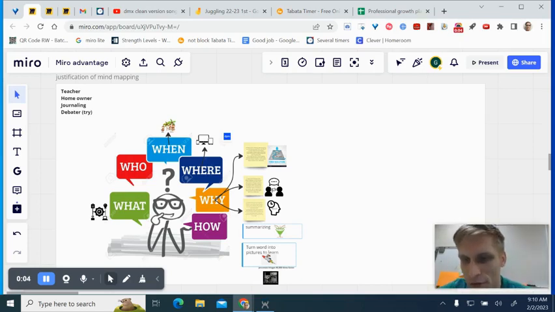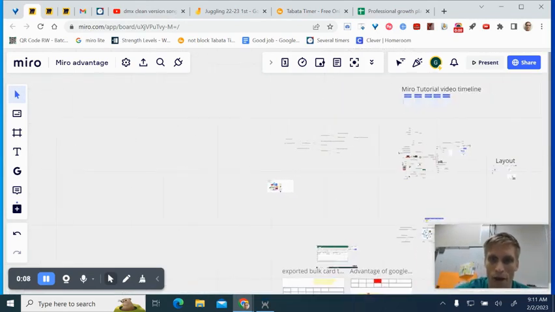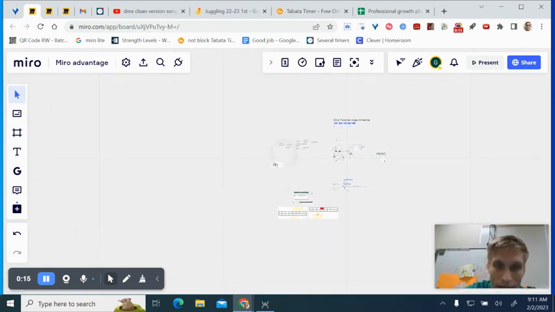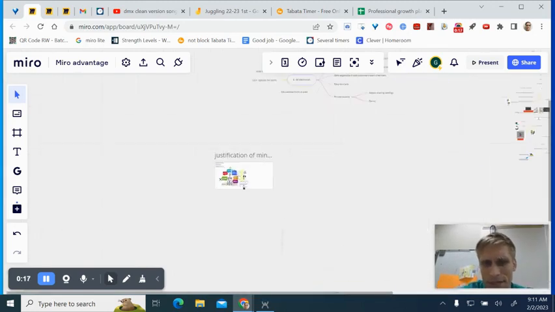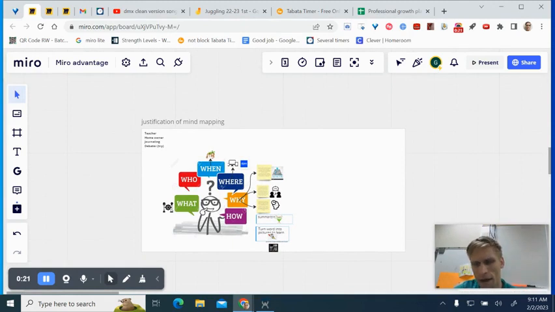I'm going to be showing you something called Miro, which is this app that I'm going to zoom out on, and you're going to see the entire screen that I'm going to be talking about for today. This is called Miro Advantage, and I made this video because it seems like there is a severe lack of